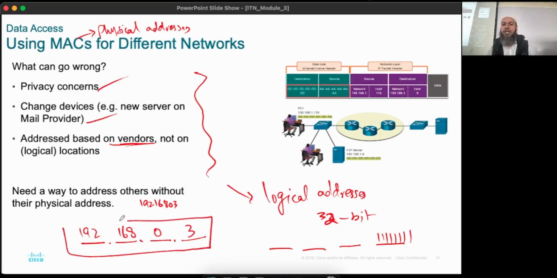There is a reason for creating this particular scheme. This is not our point. I'm just going to stop here by showing you what the logical address is, and then we are going to work with this. Okay. So now we have a logical address, and this address is called the IP address,